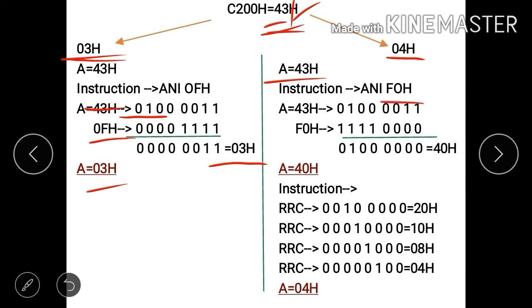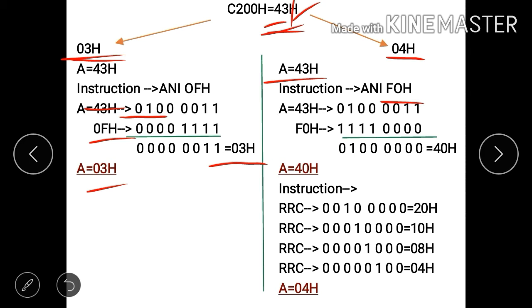The binary format of 43H is 01000011. The binary format of F0H is 11110000.